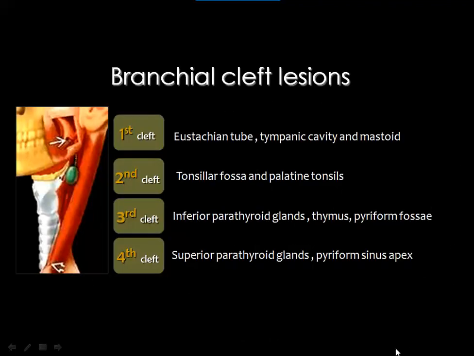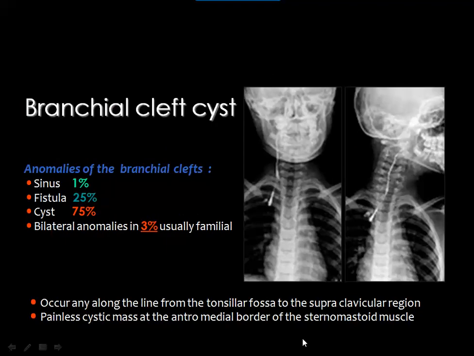Then you came to the branchial cleft lesions, and you know we have many branchial clefts. This is just an idea about the structures that can arise from each cleft. The Eustachian tube, the tympanic cavity, and the mastoid arise from the first cleft; the tonsillar fossa and the palatine tonsils from the second cleft; the inferior parathyroid, the thymus, and the piriform fossa from the third; and the superior parathyroid glands and the piriform sinus apex from the fourth cleft. Okay, let's look at the